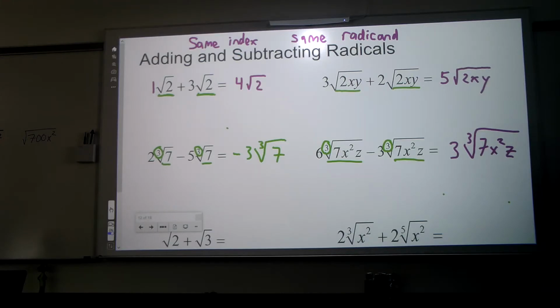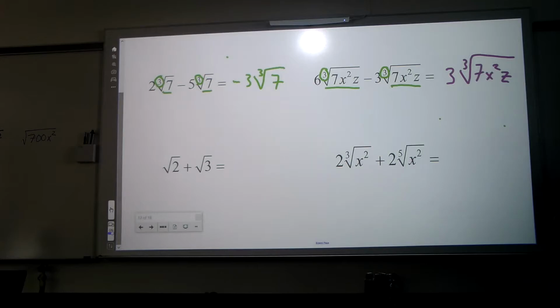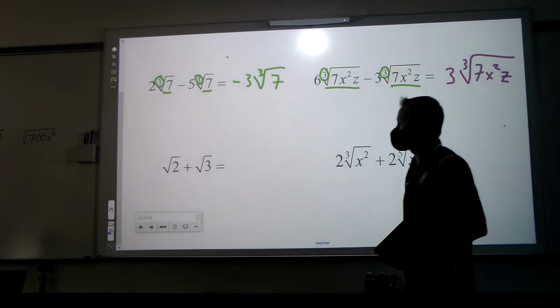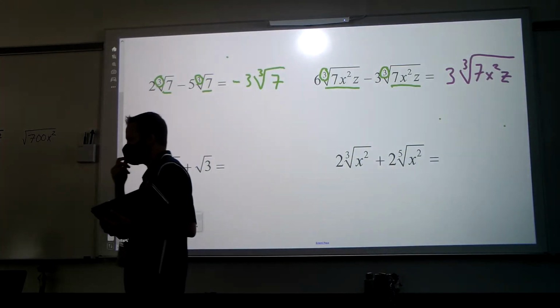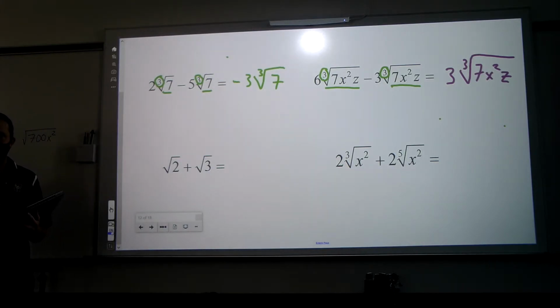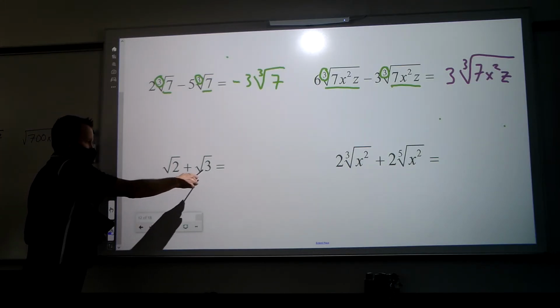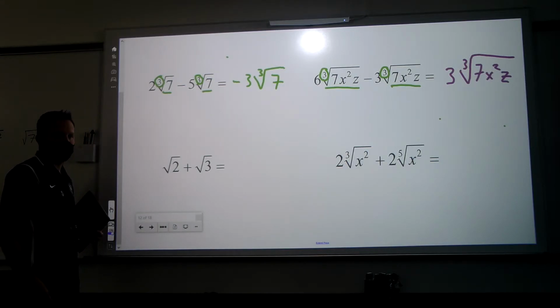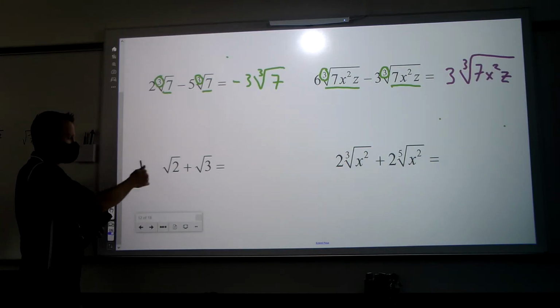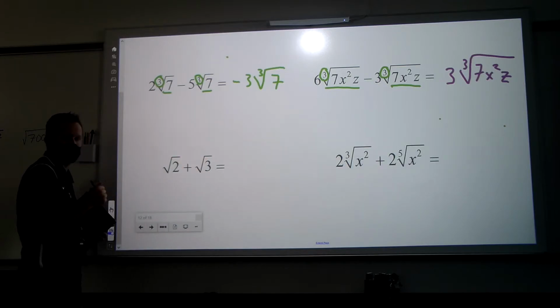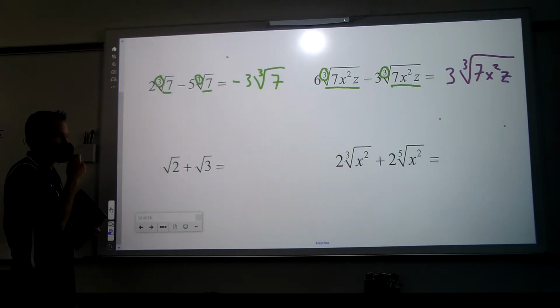Now, let me show you, this next one is where people start to mess up. They'll look at this and say the square root of 2 plus the square root of 3 is the square root of 5. Is that what we said to do? You can only add them if they're both square roots. Hey, they're both square roots, but is this part the same? In that case, you can't combine them. This is going to be like adding a football and a basketball. They're not the same. So then what do